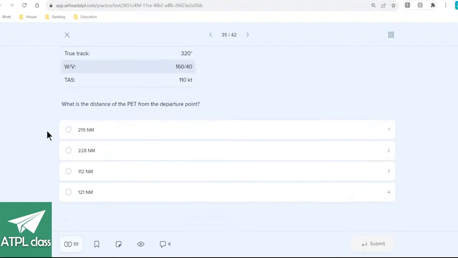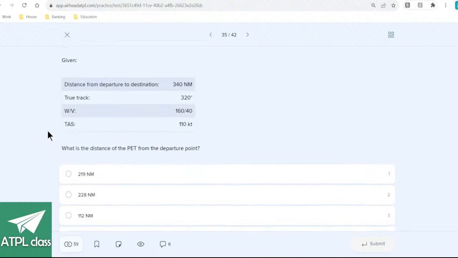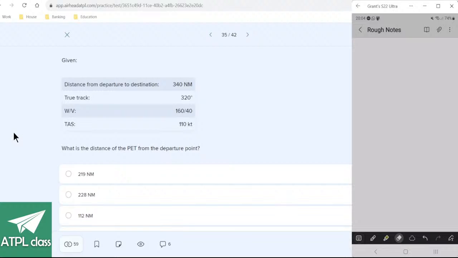What is the distance to the point of equal time? See, this sort of one a little bit easier, hopefully. Point of equal time calculation. The point of equal time, the PET, is the total distance times the home speed over the outspeed plus the home speed. Distance from departure to destination, we've got that already, but we're going to work out the ground speeds for both of them. So ground speed